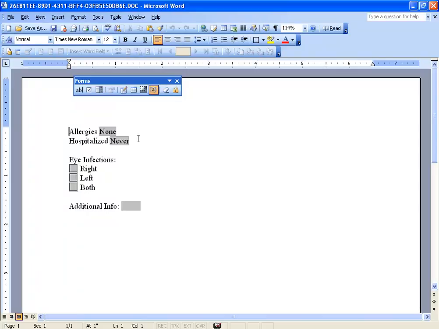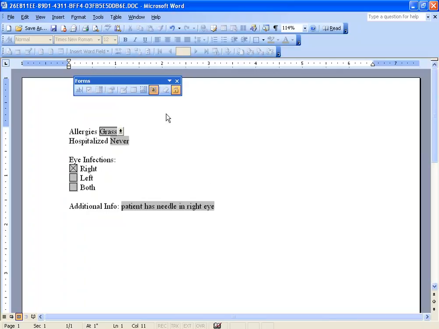So if I make any changes here and then save it, it'll save it to the patient and not as a template. So if I want to go ahead and make changes, we click on the Lock button on the Forms toolbar, and then click on the drop-down arrows and talk to the patient and say, well, right eye infection, and you can hit the Tab key and it'll go through each field. And then additionally, if we wanted to add text, because we had that text box, we can type it in. In any case, once we're done filling this out and we want to save this and tie it to the